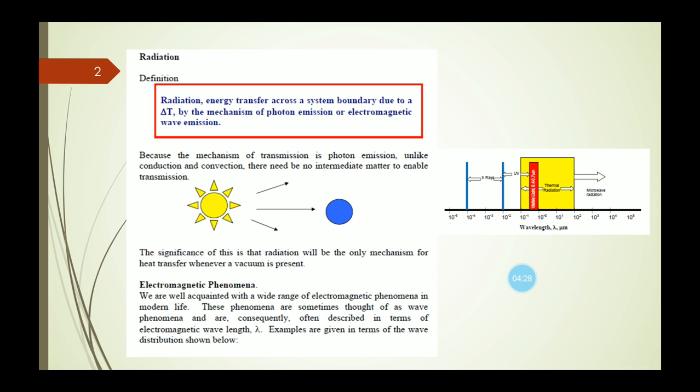Here in the diagram on the right hand side of this PPT, we can see the spectrum of electromagnetic radiation. Thermal radiations exhibit characteristics similar to those of visible light, and follow the optical laws. So these can be reflected, refracted and subject to scattering and absorption when they pass through a medium. The emission of thermal radiation lies in the wavelength range of 10 to the power minus 7 meter to 10 to the power minus 4 meter, which is visible here in this diagram. It depends upon the nature, temperature and state of the emitting surface.